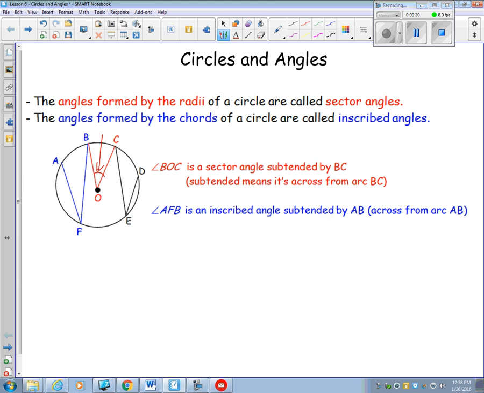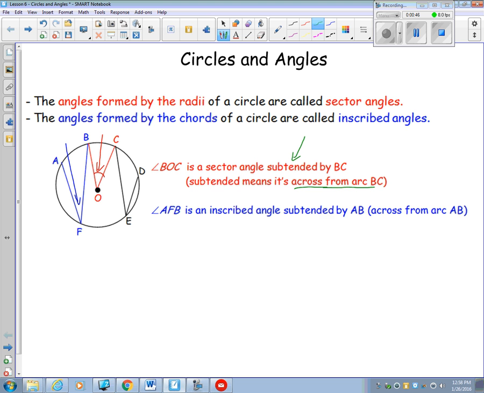Or we can look at inscribed angles, and those are ones that are formed by chords of a circle. So we have two blue chords. The angle between them would be an inscribed angle. A word you're going to come across a few times is the word subtended. That just means across from, specifically across from an arc. So if I say we have a sector angle subtended by BC, it means we're looking at the angle across